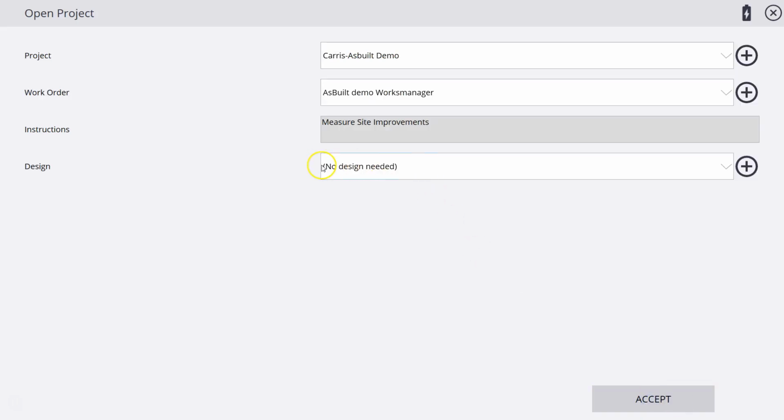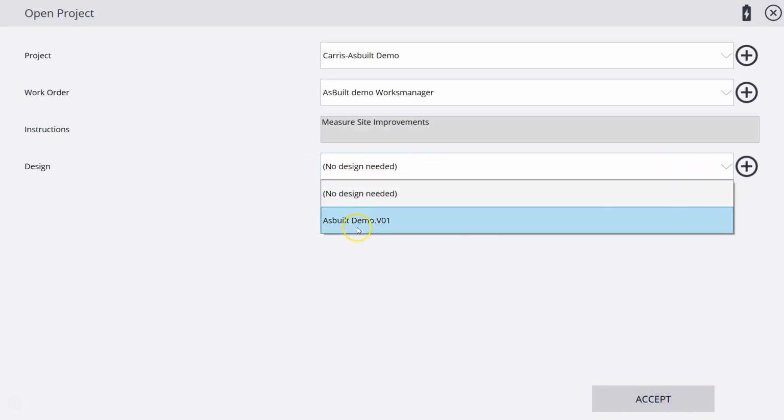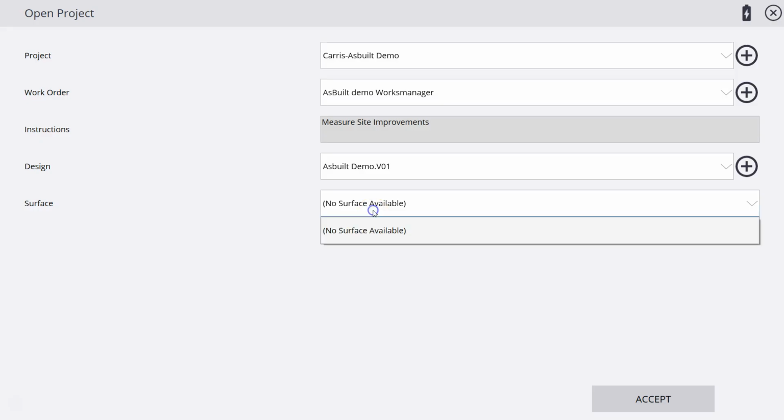Now for the design, when we synchronize, you'll see that that design we published is right here. Now we could use this design. It's just going to have line work. If I select on it, you're going to see that there's no surfaces. Okay. And that's fine. I mean, if you had a design surface, you could load that up and they could measure. You don't need a design. And typically if you're out in the field, you really wouldn't need it because you're actually going to be physically